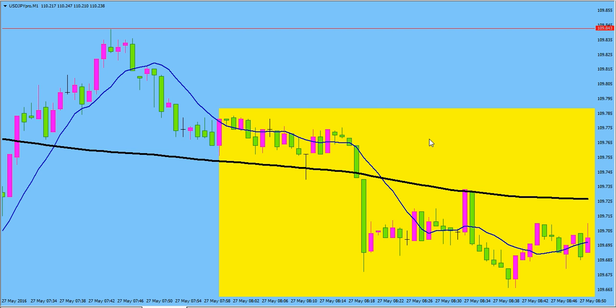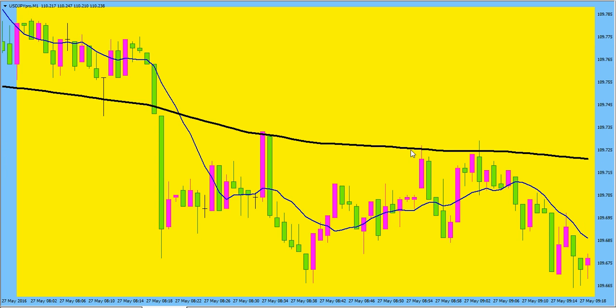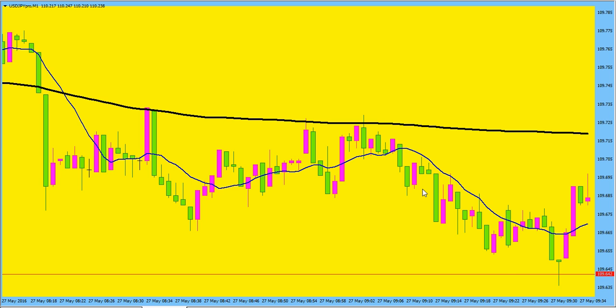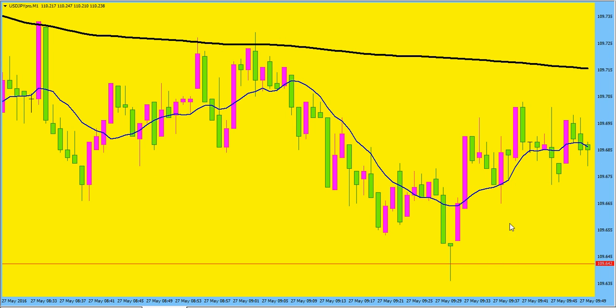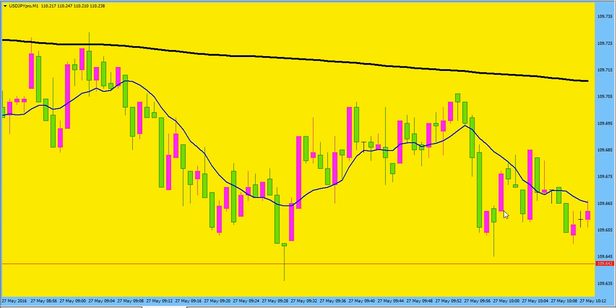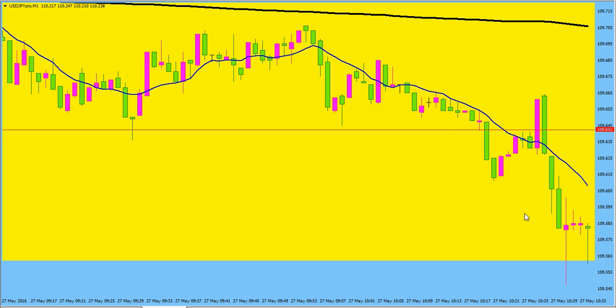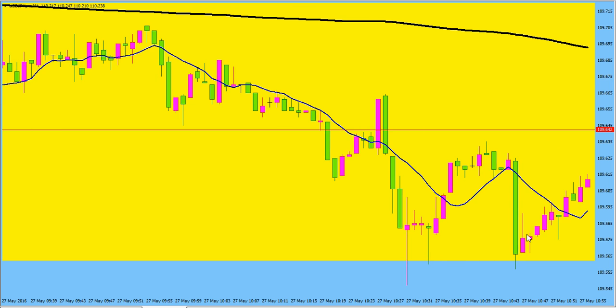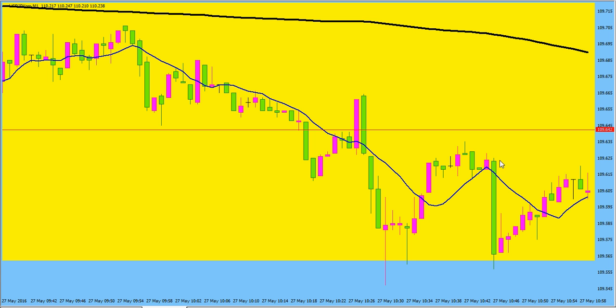And you'll see that we continued on in this choppy market. And yes, we're looking at past price action, but this is a real chart. So you'll see for hours and hours, the market just isn't doing anything but just chopping, just chopping. And you started getting these beautiful candles with the long tails. And after that, oh my word, you get what seems to be the end of this really grueling market,